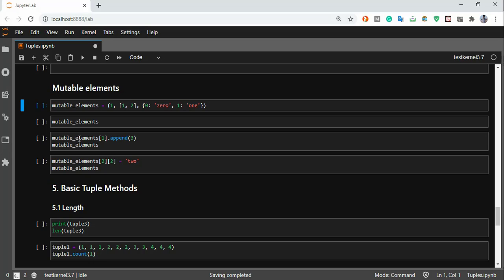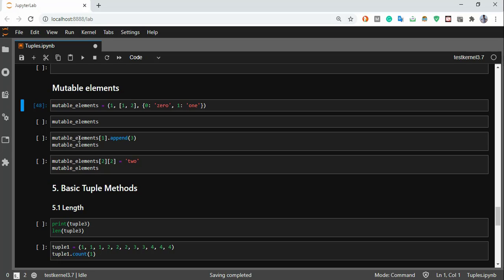Now, as we learned, a tuple doesn't support deleting or appending a particular value inside it, but still I would say the elements of a tuple are however mutable. A tuple is an immutable object, but the elements of a tuple might be mutable elements. It might sound a little confusing, so let me explain it with an example.